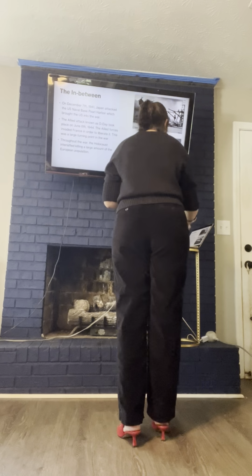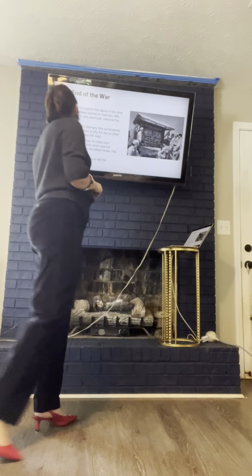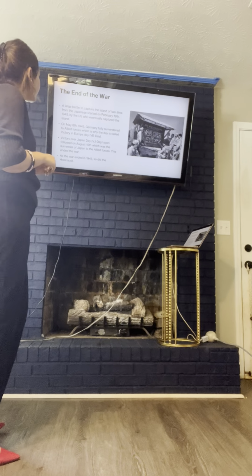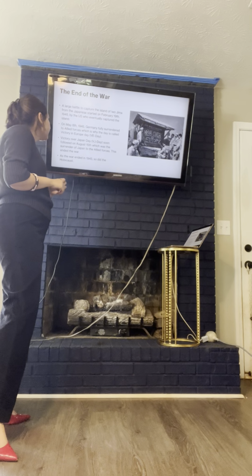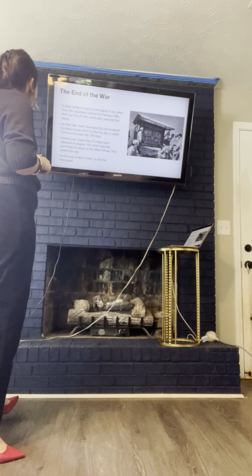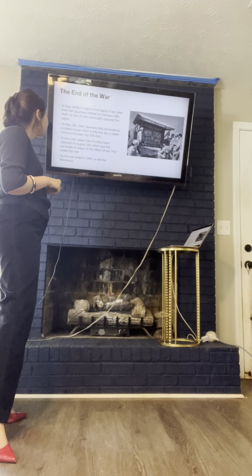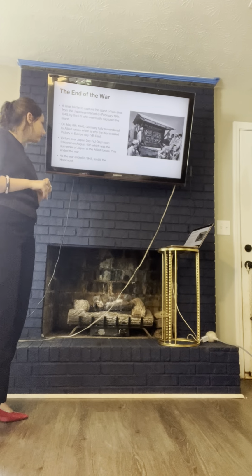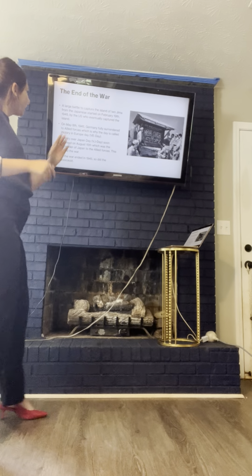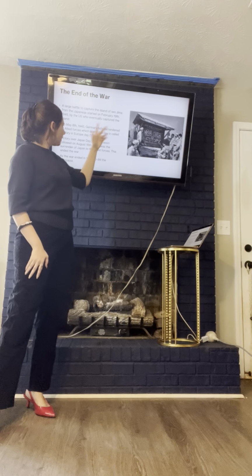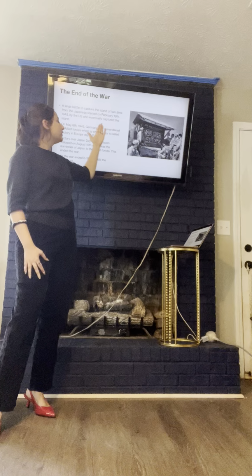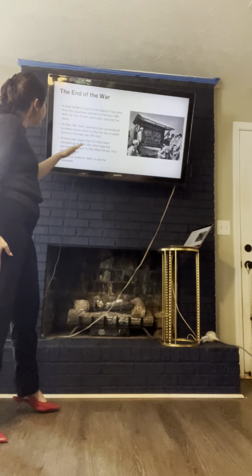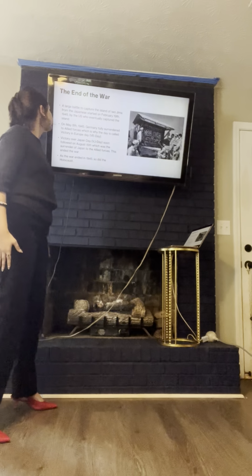Perfect. Let's move on. The end of the war. A large battle to capture the island of Iwo Jima from the Japanese started on February 19th, 1945 by the U.S., who eventually captured the island. That is pretty self-explanatory. This is the Japanese island. On February 19th, the U.S. captured it. We were fighting a war for a couple of days for it, and eventually won.